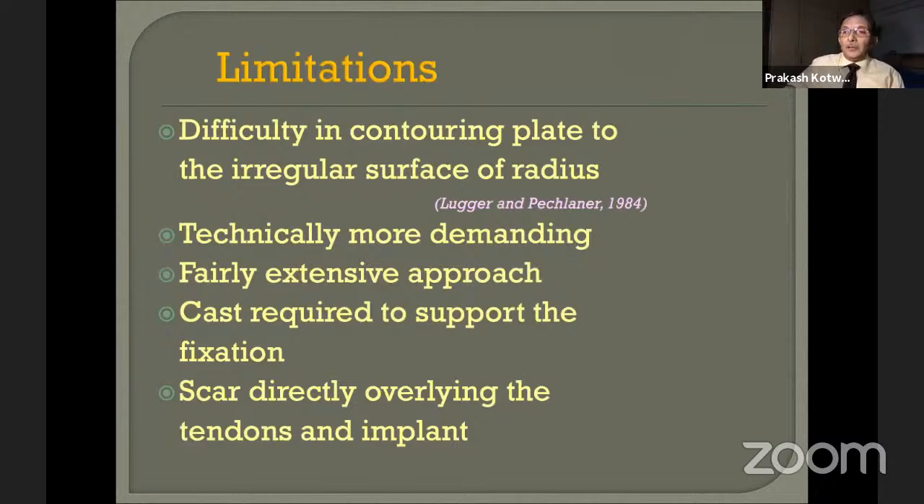However, dorsal plating has its limitations. Difficulty in contouring the plate to the irregular surface of the radius, technically more demanding, fairly extensive approach. Sometimes a cast is required to support the fixation because sometimes the plates are low profile and may not really give very good support, particularly in osteoporotic comminuted fractures. And the scar is directly overlying the tendons and implants, and sometimes it can irritate the tendons and cause more